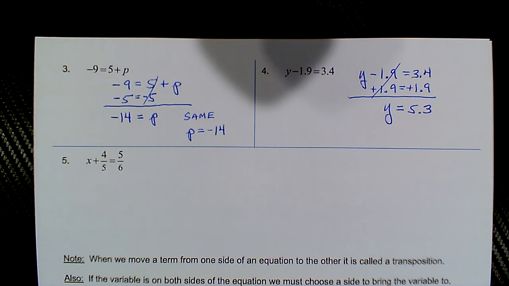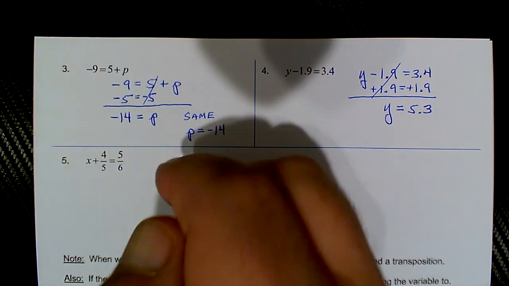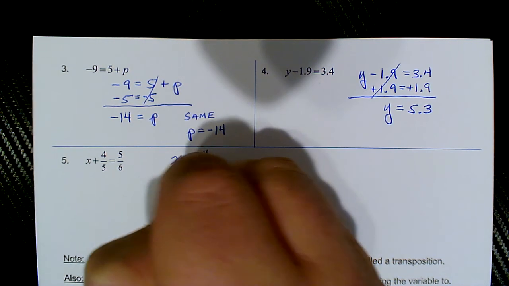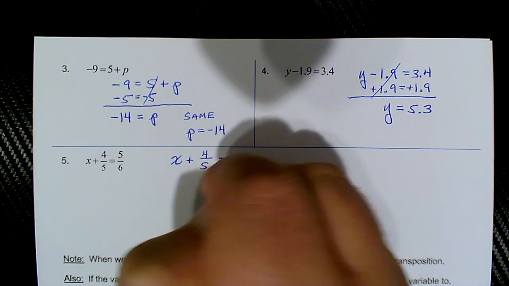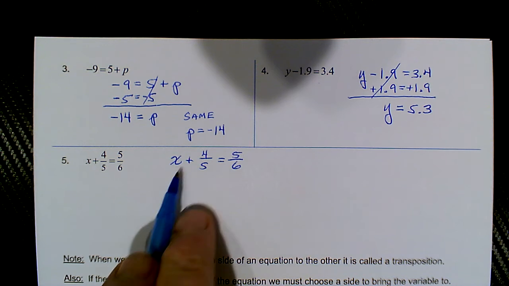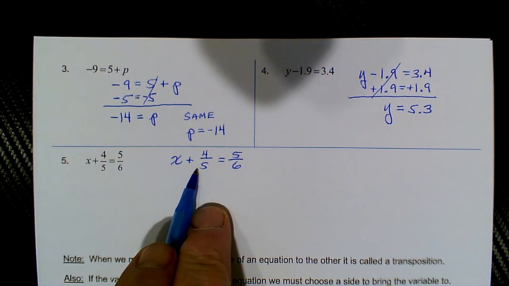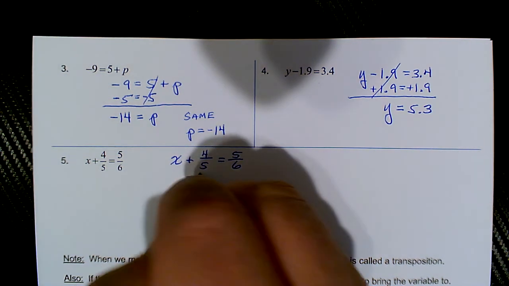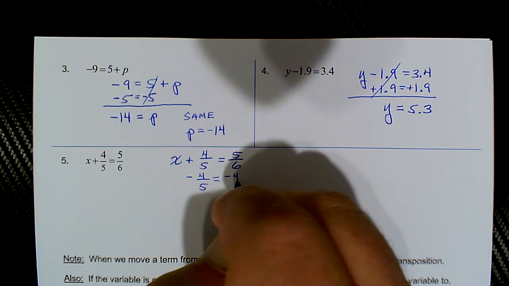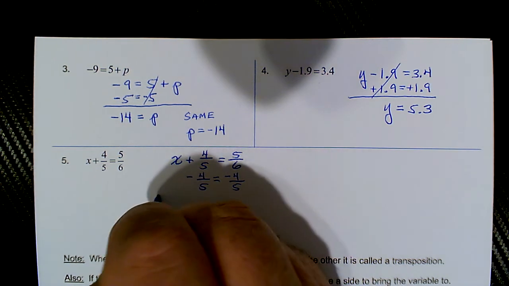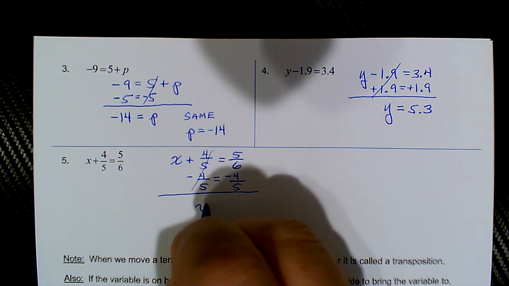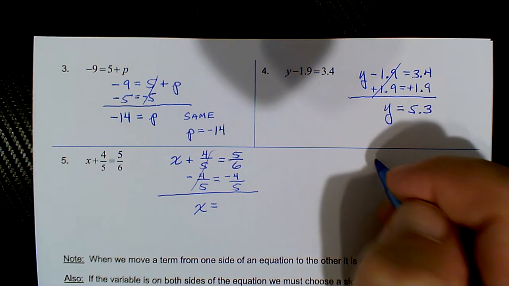Okay, and then fractions. So you just have to deal with fractions, but remember we do have the fraction calculator, and I'll show you once again how to use that. But the idea, isolating the x, I want to get rid of the positive 4/5. So I'm going to subtract 4/5 from both sides. 4/5 go away, I bring down the x, tuck it in next to the equals, and maybe we need to